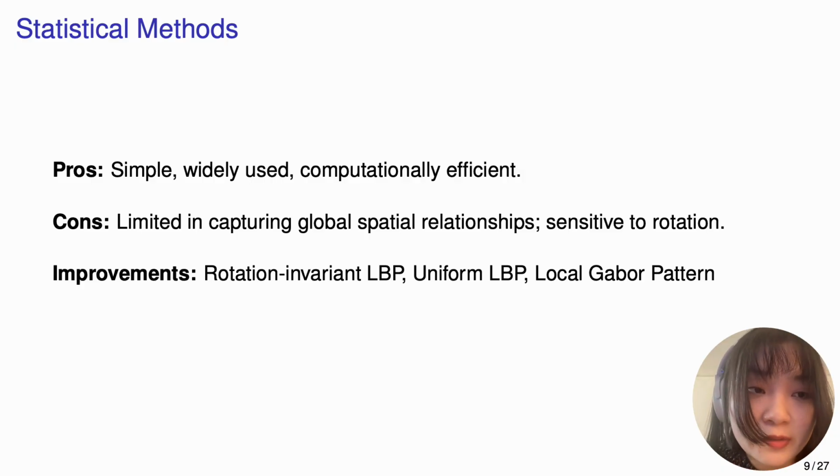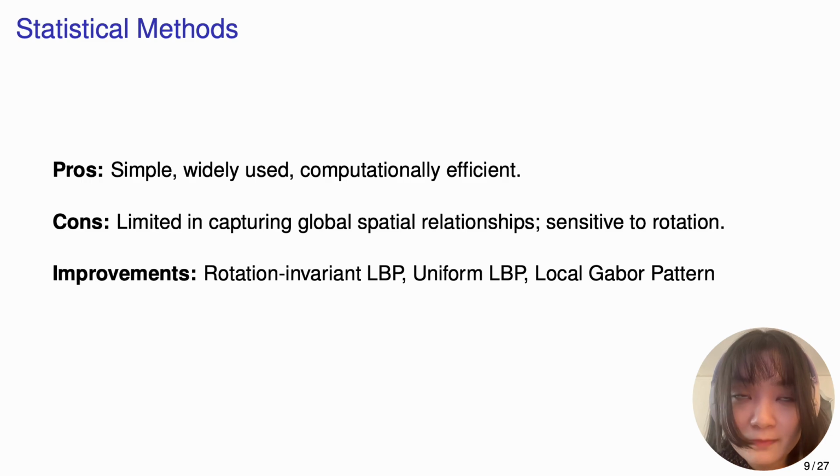So we can conclude that statistical methods are simple, widely used, and computationally efficient. However, they have limitations in capturing global spatial relationships, and they are sensitive to scaling and rotation. To improve that, people proposed the rotation invariant local binary pattern, which rotates the local binary pattern until they find the smallest binary number. And the uniform local binary pattern defines a texture that is uniform, usually having less